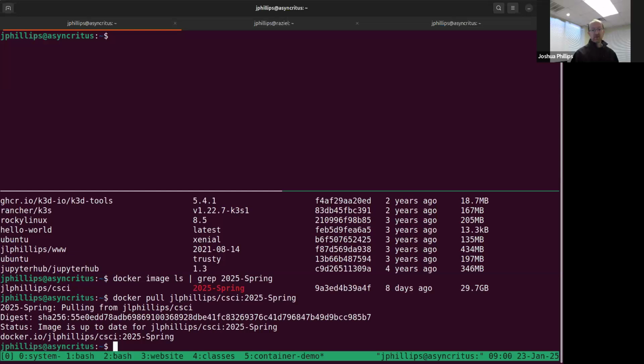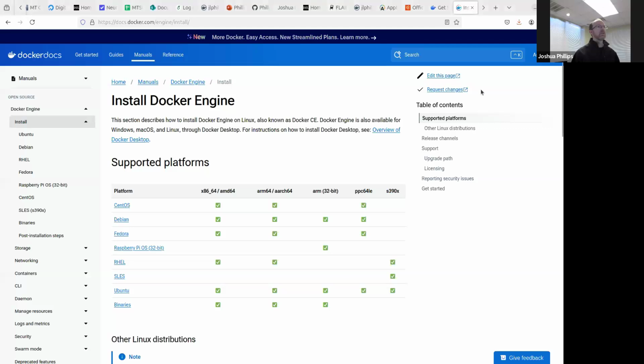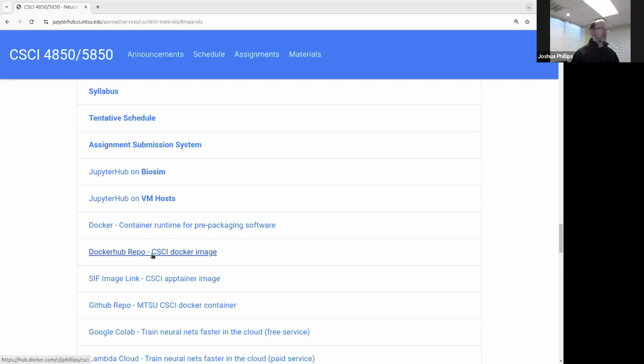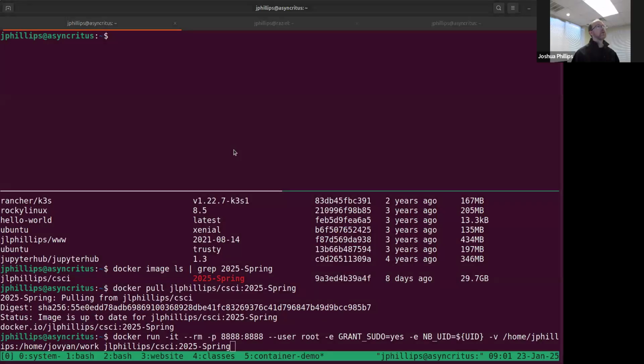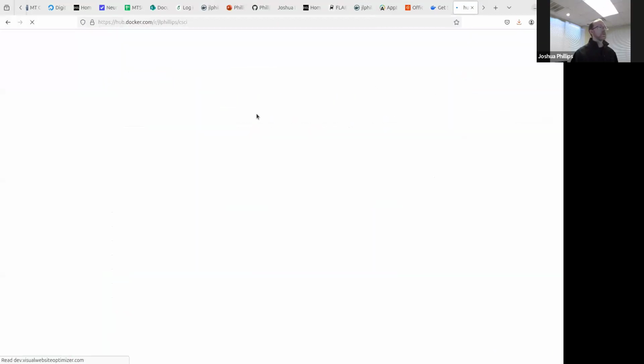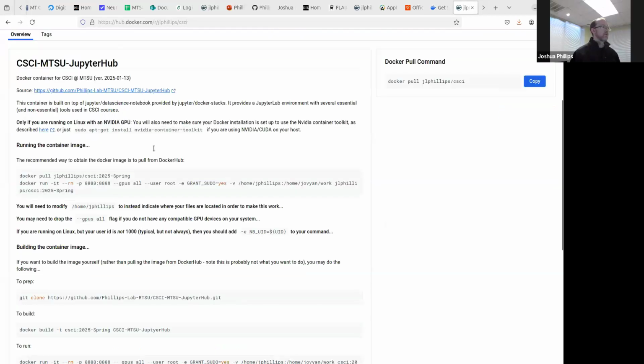After that, we should just be able to use the docker commands to be able to fire up the image. So I have a command posted here, but I'll kind of show you where else to look so you can go back and find this information again too. So if you're here on the course website, there's a link here to the DockerHub repo. So I'm going to copy that address real quick and flip back over. And so this is where you'll find the container image listed on DockerHub,